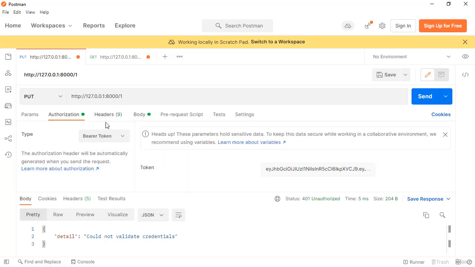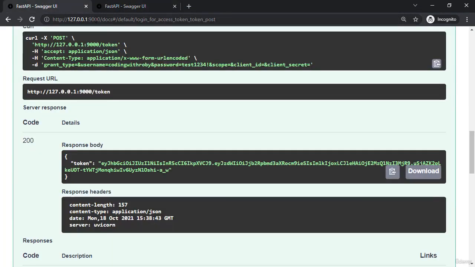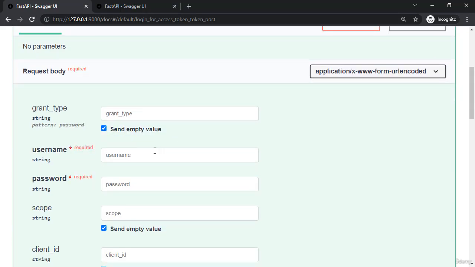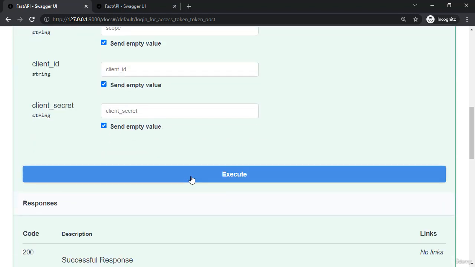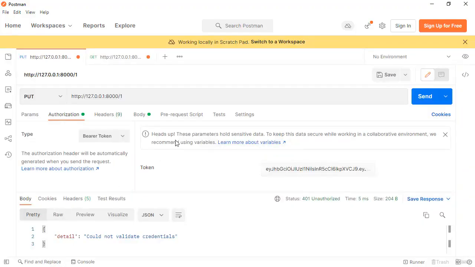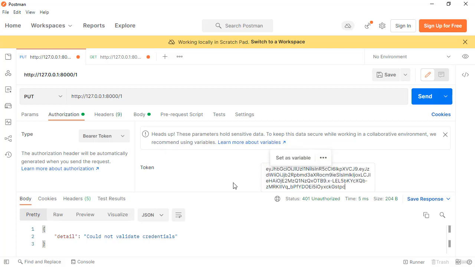And the reason we're getting that is our JSON web token has expired. Let's jump back over into our Swagger docs, go over into our port 9000, refresh the page, and I'm going to try out logging in again with Coding with Roby and test1234 exclamation mark. When I click execute, we get a new JSON web token, where I'm going to copy it and jump over to our Postman, and inside our authorization bearer token, I'm going to replace it with the new token,